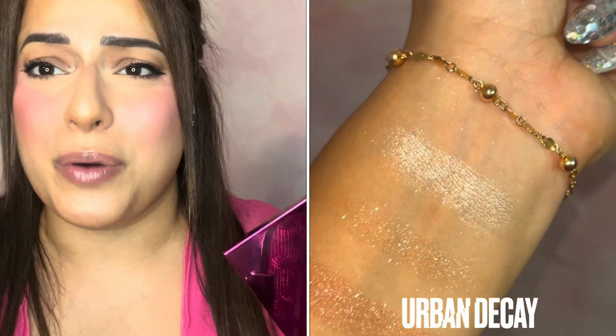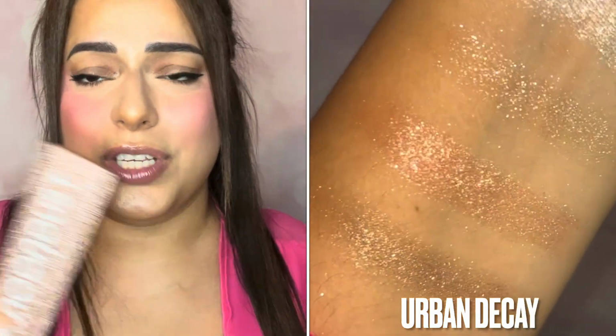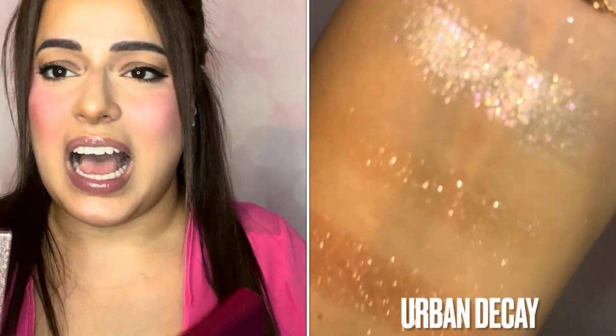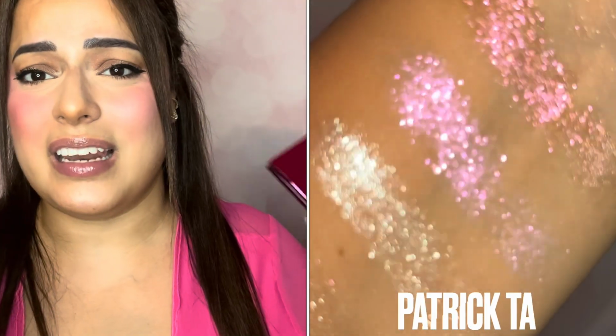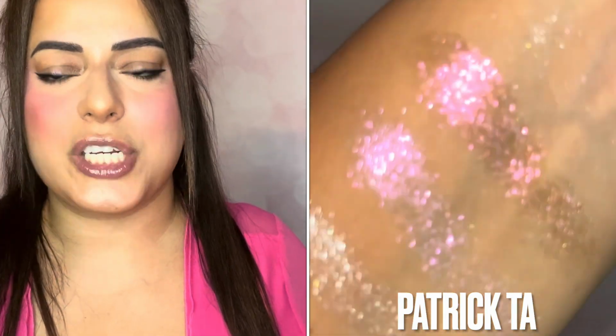They're creamy, they're shimmery beyond words. Your mouth drops when you see it in person. Again, you're going to see these swatches for both palettes. They're stunning, guys. I'm absolutely obsessed with these. I think that if you're only looking for a more subtle shimmer or eye topper, 100%